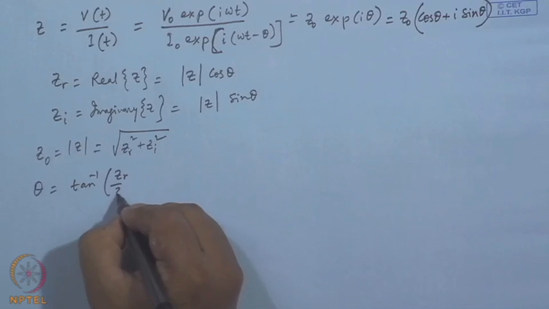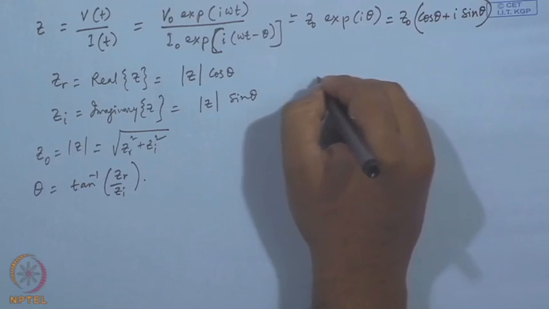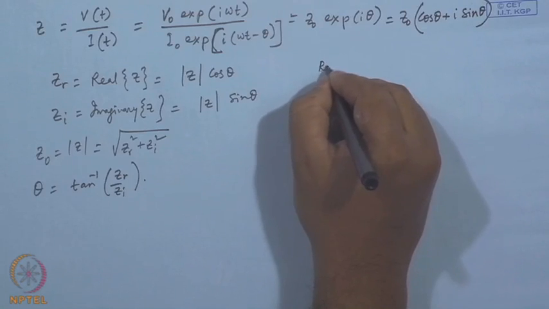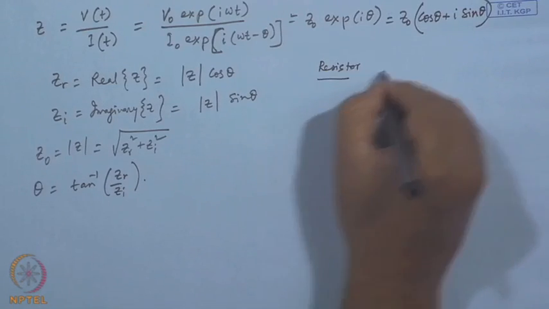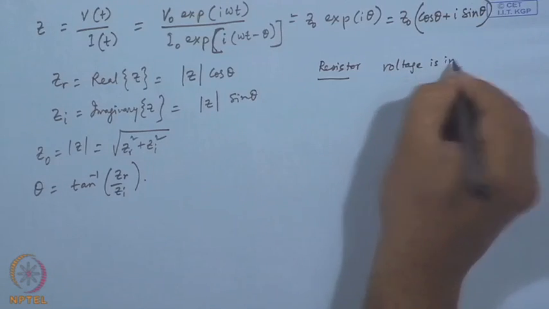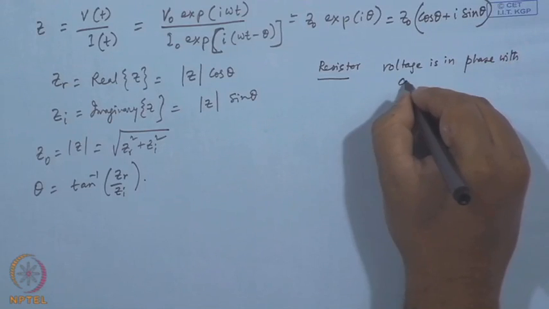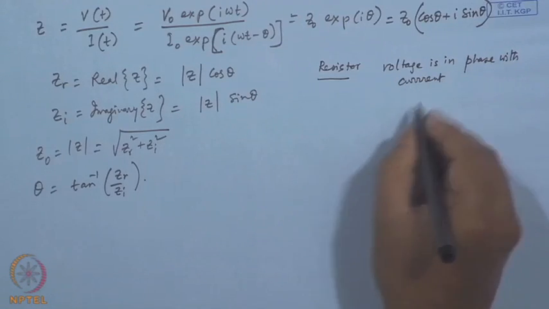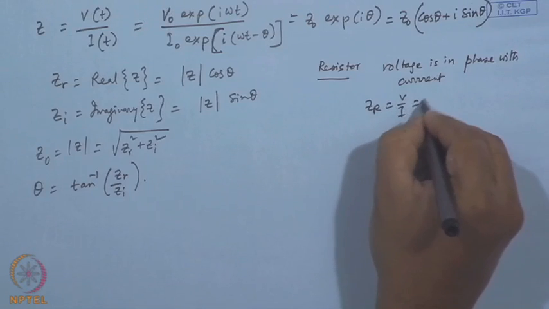Now, if we look at a classical resistor, for a resistor the voltage is in phase with the current. So, this is how it is defined, and for a capacitor